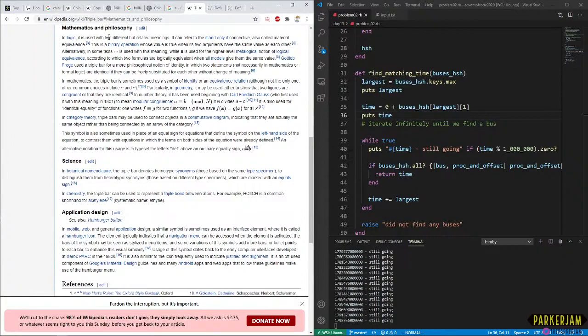Okay. Oh, so it's the same symbol. Okay. So it's if and only if, basically.